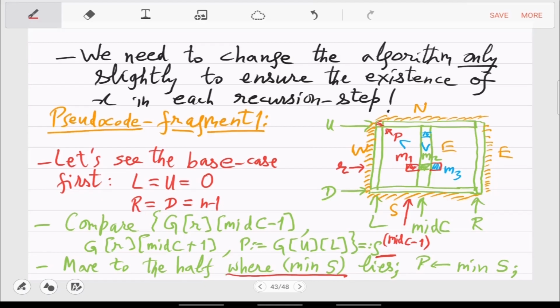No, it's not. We are not trying to find an element which is smaller than everything. The invariant is just that within the box which I have currently, there is an element which is smaller than all the boundary elements. So that choice may also be there on the half which we have skipped, but we don't care.